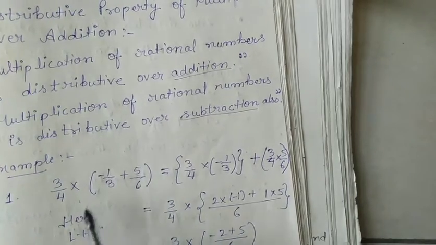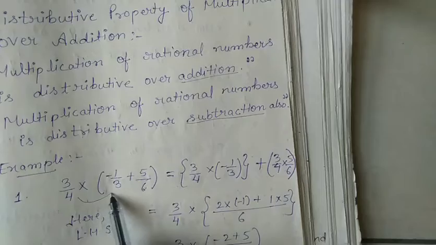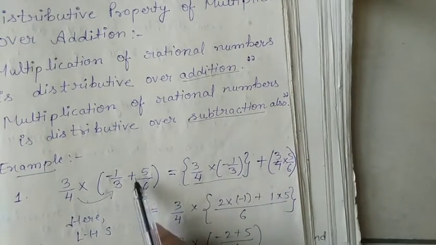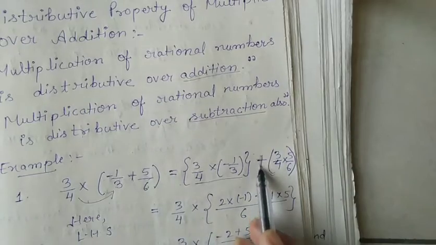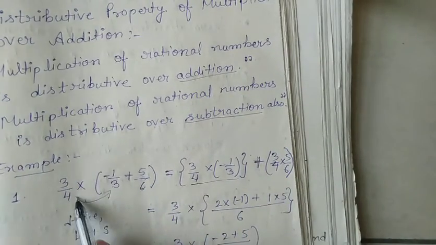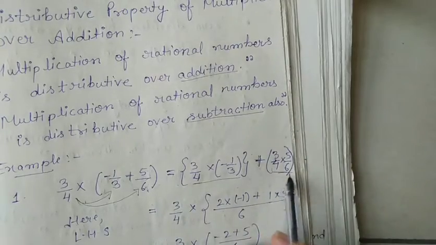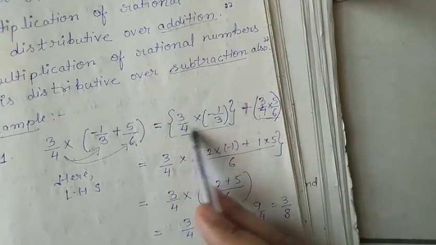So here first we multiply 3 by 4 to minus 1 by 3. We write here, then we put the sign of plus, and 3 by 4 is multiplied by 5 by 6. We write here. So we solve first this,